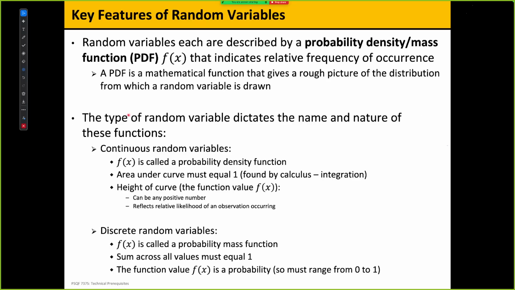And let's keep going on. All right, so the key features of random variables. We just talked about three types of random variables. There are some key features that show up in multiple random variables as you go through the process of describing them. Random variables are each described by something called a